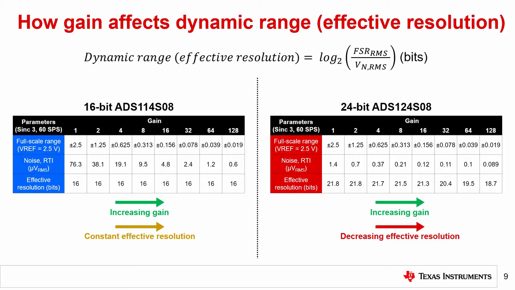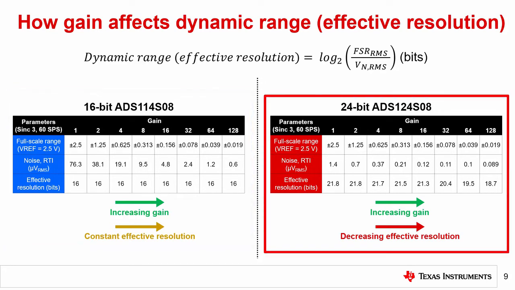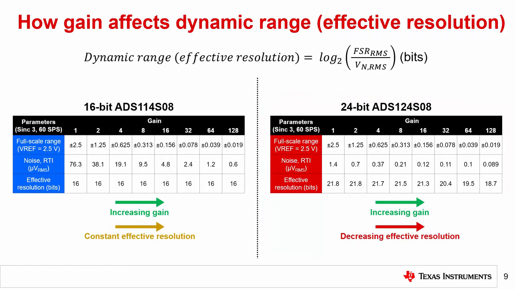You can see that as the gain increases for the 16-bit ADC on the left, the dynamic range remains constant at 16 bits. However, for the 24-bit ADC on the right, the effective resolution is a maximum of 21.8 bits at a gain of 1 and tends to decrease as gain increases. As a reminder, these devices both include the same low-noise PGA, though the results would be the same if these amplifiers were instead external discrete components. Given the results on this slide, should you conclude that gain should be avoided for higher resolution ADCs but not for lower resolution ADCs? Fortunately, this is not the case, and the next two slides will explain why.